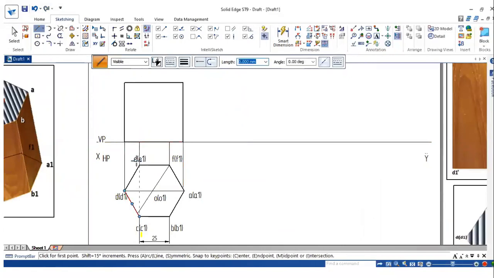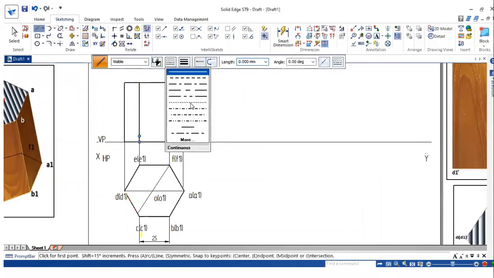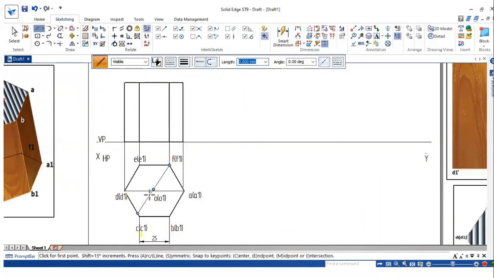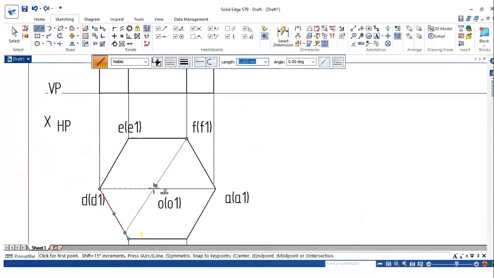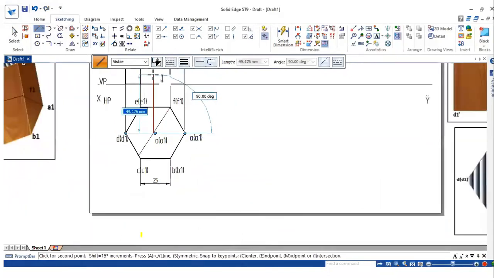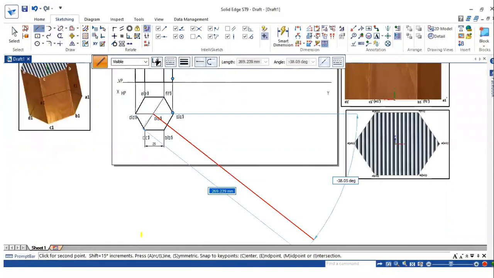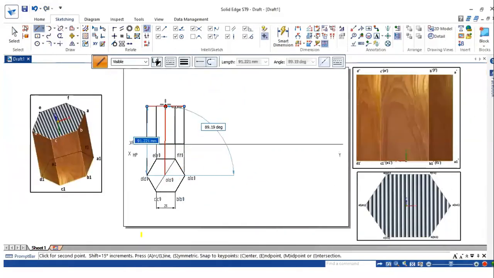Okay, even represent C1 dash. Okay, represent the axis line. So I have represented the axis line. Now name it.